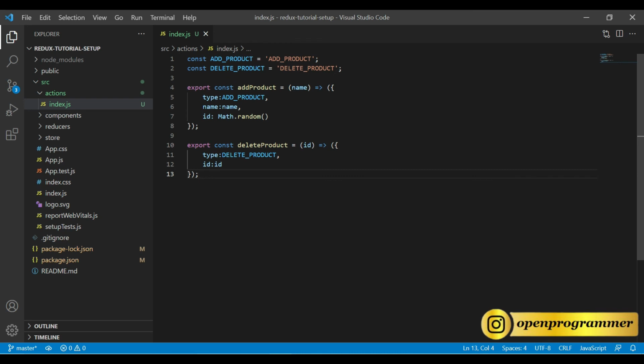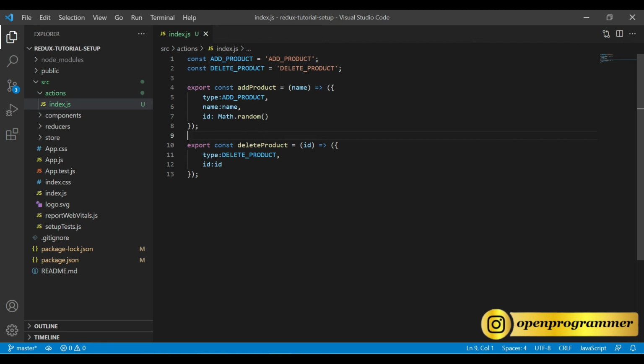If you want, you can also create other actions. You can create n number of actions. One thing I need to point out here: you can see the action name and the action method, and I'm using the same kind of naming convention. I recommend you also use the same kind of naming convention.